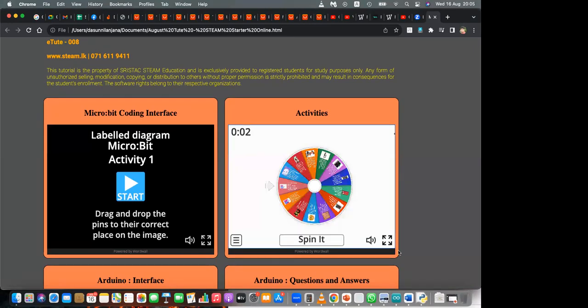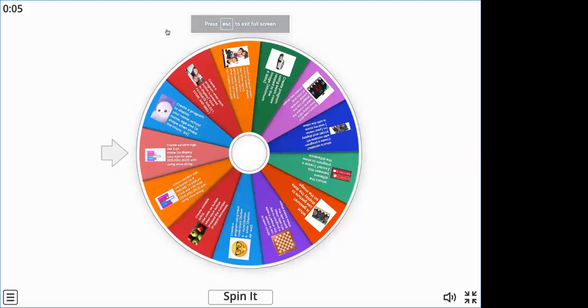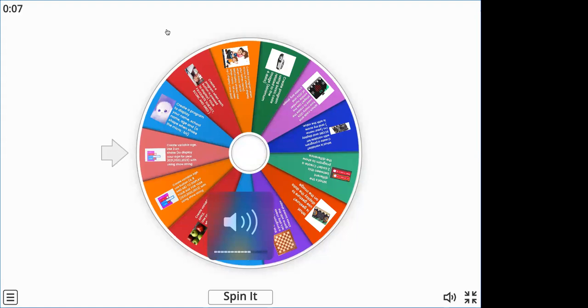Okay, I'm going to spin it and get our first random activity for today. With the first activity, we can move to the microbit and try to implement it. You know the class pattern now very well. We are referring to the tute, and in the tute we are going to access a task and do it using our microbit programming interface, which is